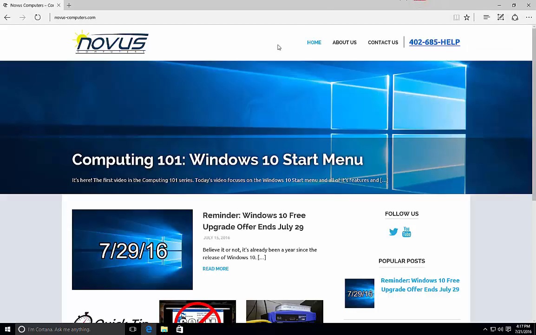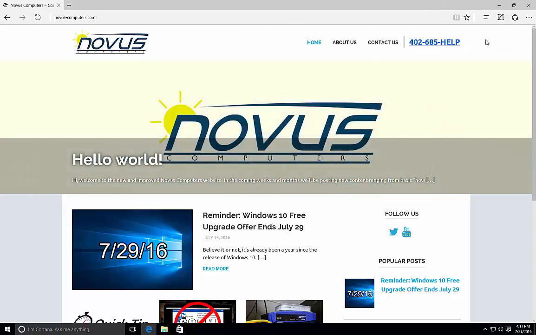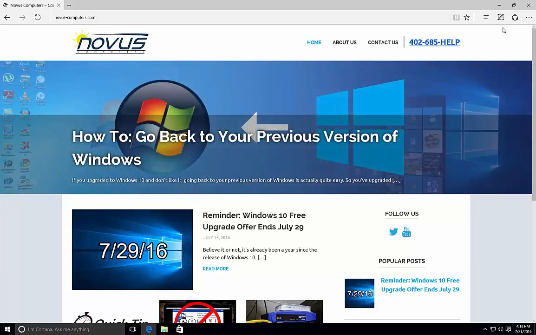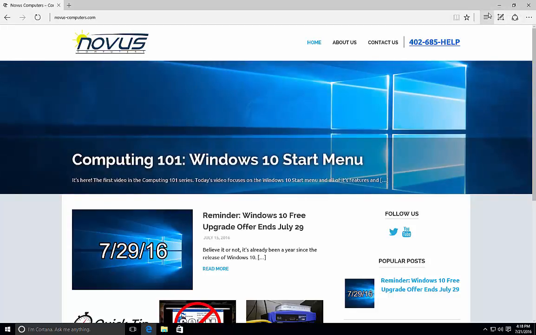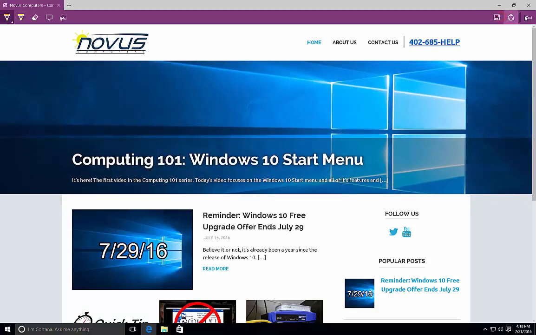So that's an overview of the Hub button. Next up, we're going to overview real quick the Web Notes button here. This is kind of a neat little feature. It was introduced in Edge. It's kind of a novelty feature, but there might be some people out there who can make some use of it. The Web Notes button, if I click it, you'll see that we kind of get a different colored heading